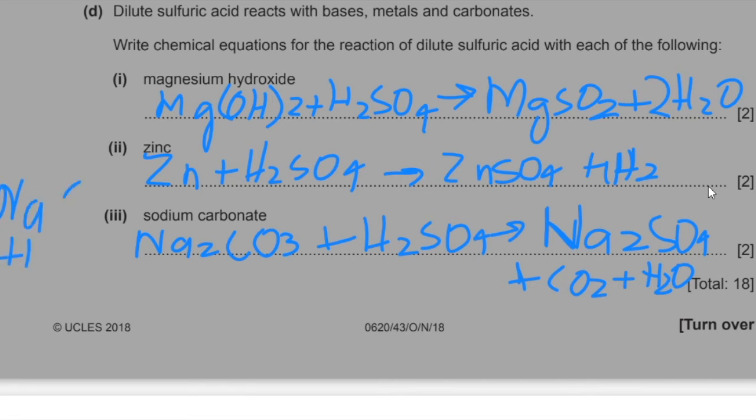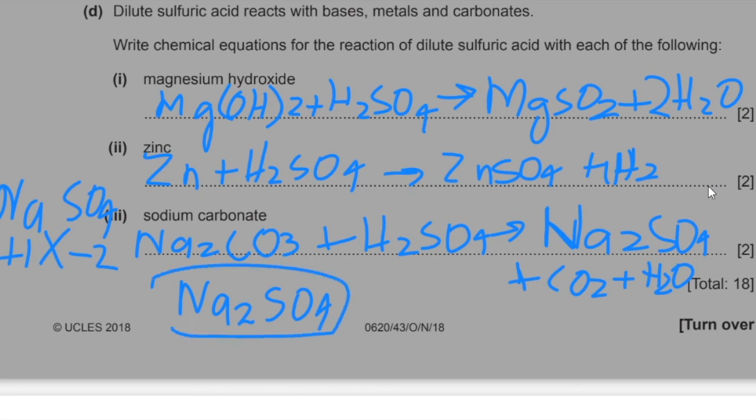You can write valency or charge, doesn't really matter. What we care about are the numbers over here, and sulfate ion has a charge of -2. So you cross these numbers and then you'd have 2 atoms of sodium and a single sulfate ion in every sodium sulfate molecule. So this is how you form the formula,